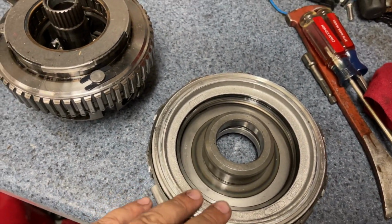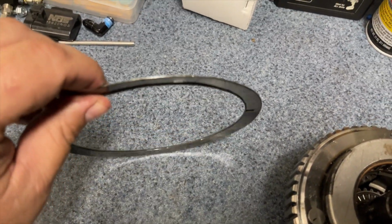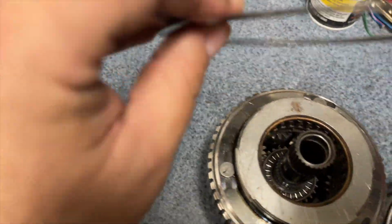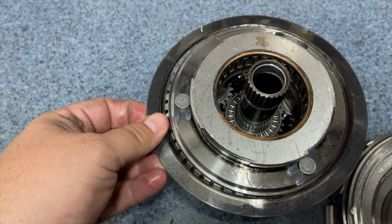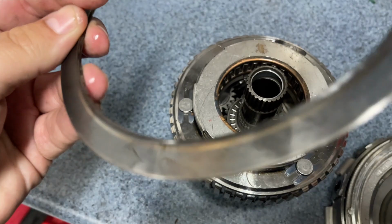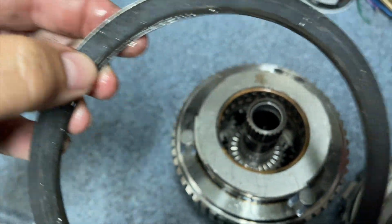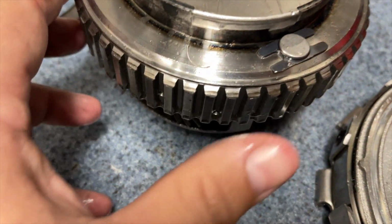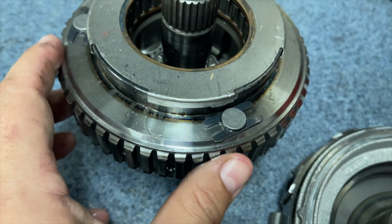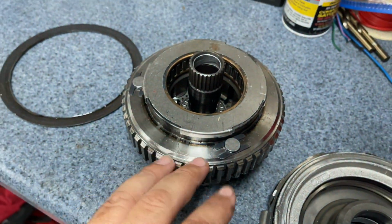The problem with all that extra clearance, besides making the piston push out too far, is when the piston pushes out too far, this return spring gets kind of crushed in there and jammed down on top of the planetaries here. So it kind of got pushed and jammed down on top of here, which damaged this return spring, as you can see right there, and also damaged this top edge of the planetary hub where the reverse clutches ride on. I couldn't get them to slide on here, so I had to grab one from another